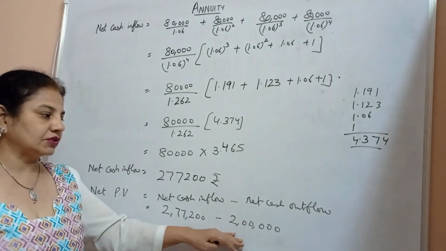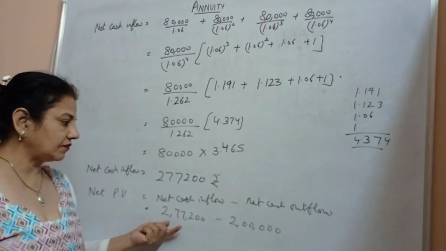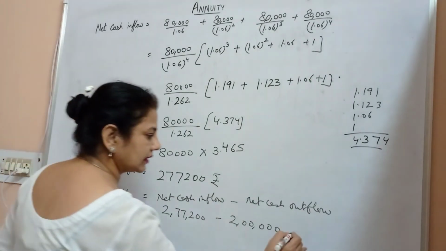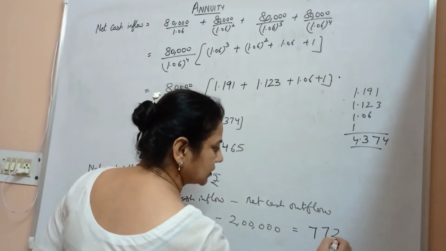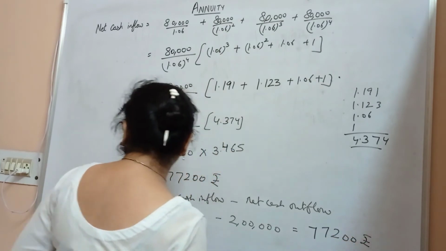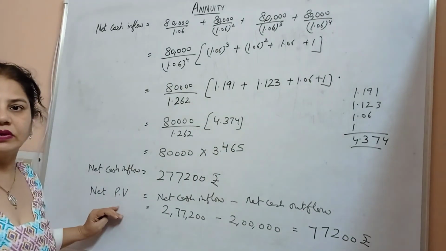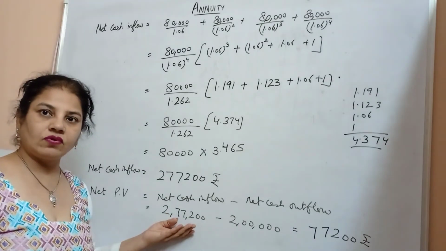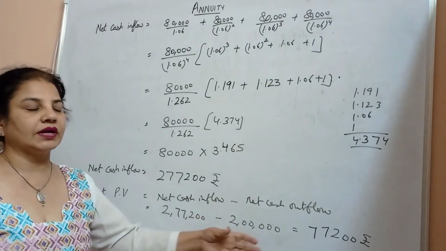Investment for this project is of 2 lakh. So we subtract the net cash outflow from the net cash inflow, which gives the result as 77,200 rupees as net present value. So net present value is calculated as net cash inflow minus net cash outflow, and you get the value as